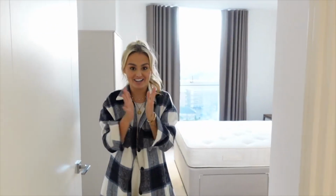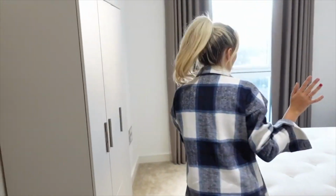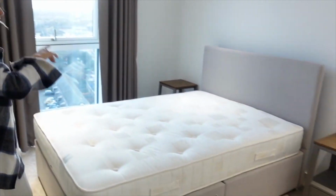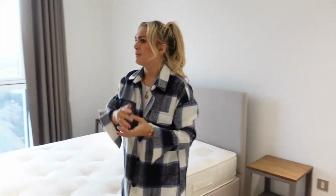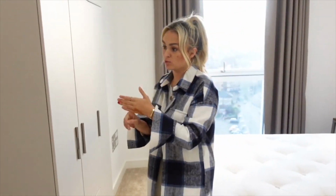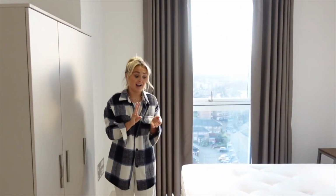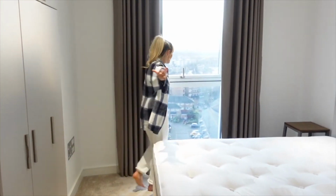This is my dressing room. This is the second bedroom. Soon to be. Right now it's got all their furniture in it. The bed's going, the bedside tables are going, the wardrobe's going. This room is my biggest project, and it's probably the room that's going to take the most amount of time because it's very strangely shaped, but basically gonna have my wardrobe, gonna have my desk, gonna have a sofa bed of some sort. And then if you come with me...